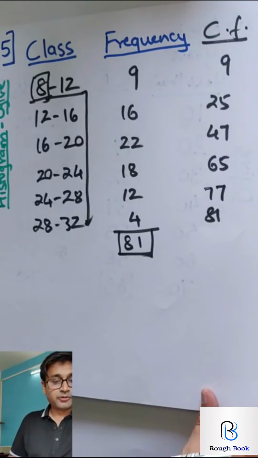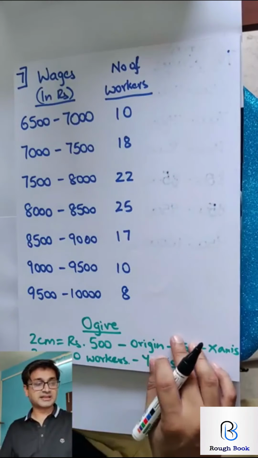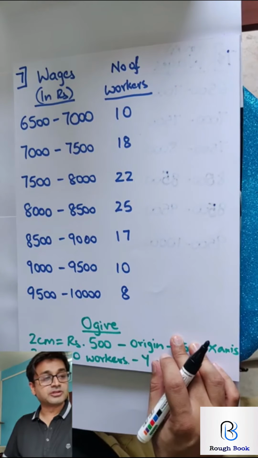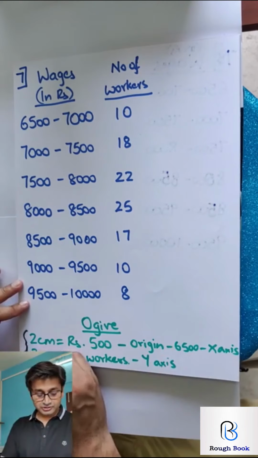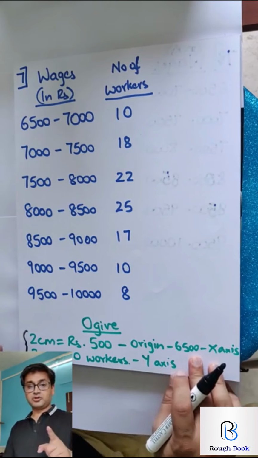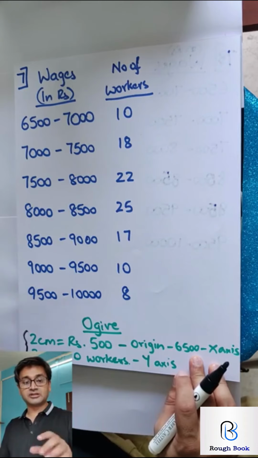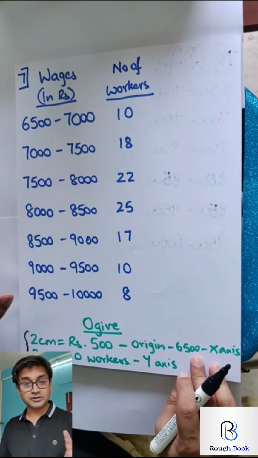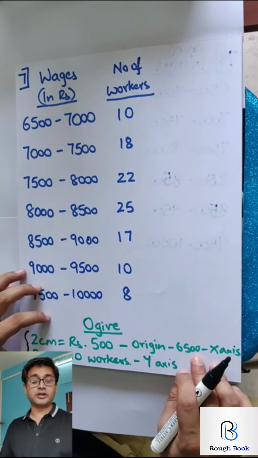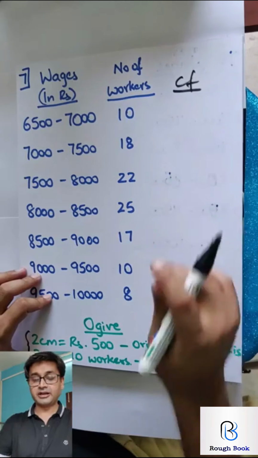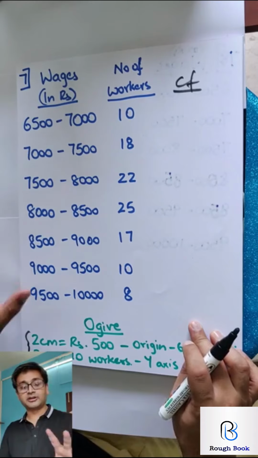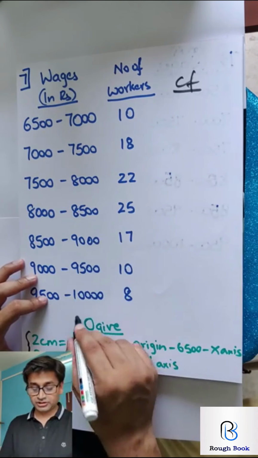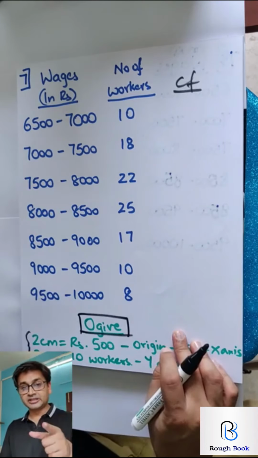Everybody flip on to sum number 7. 7 is a very good question from exam point of view, so I want everyone to focus. They have given you the scale now. If they have given you a scale and you take a different scale, straight away 0. So please look at the scale carefully and only then begin. First get the CF, then look at the scale, plot and get your graph. Come on, get your ogive. Ogive is what we are trying to draw. How many racing with me?